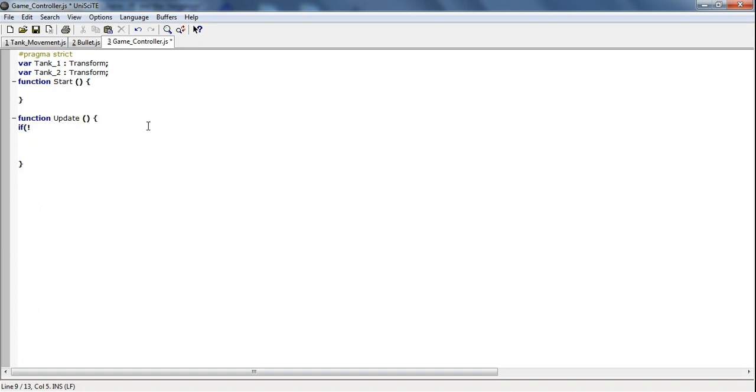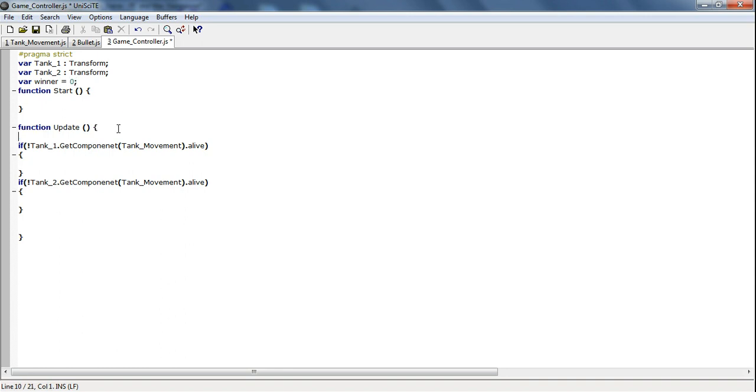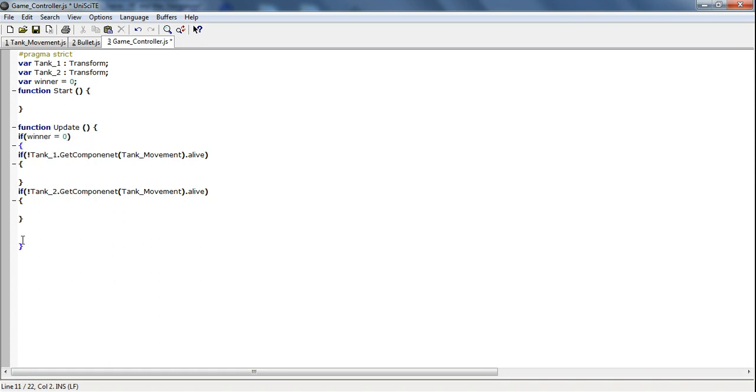So if that equals false, we're going to do this, and if tank2 is false, we're going to do this. And we're going to do a variable called winner equals, for right now, 0. So if winner equals 0, check for these certain things, and then if winner is equal to 1, or actually